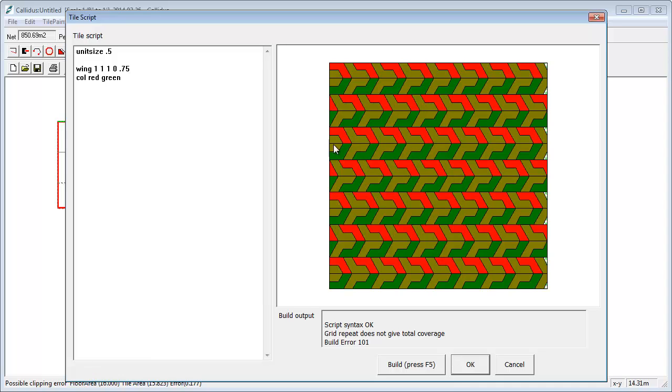So these all stack together as a monolithic block of tiles, and each row can be shifted by as much or as little as you want to. Let's go back and have a look at this parameter here, this fourth one. Again, the wing command takes 1, 1, 1, 1, 0. If I change this to 1,